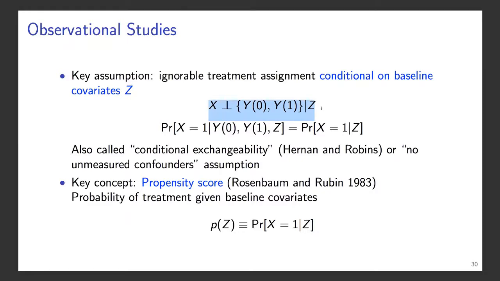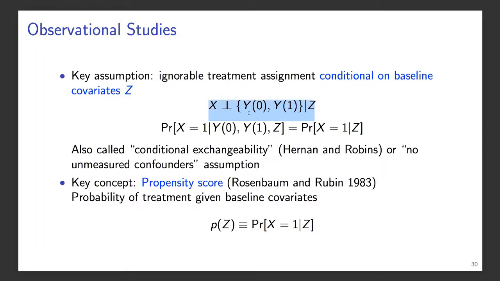So maybe I think exposed folks tend to be older, maybe they're less healthy, and maybe they're male in my study. Therefore, their potential outcomes might look different than unexposed folks. But maybe I'm willing to assume that once I condition on age and health status and gender and other covariates, within strata defined by baseline covariates, exposed and unexposed folks are exchangeable. Or in other words, that the treatment is independent of potential outcomes.